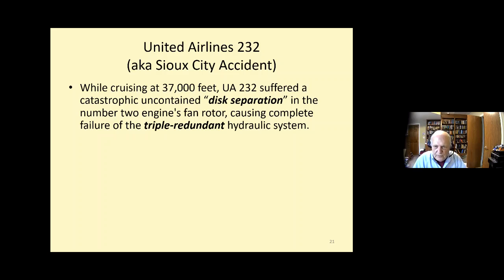What the pilots knew is that there had been an explosion in the tail engine of the DC-10, and they lost all hydraulic control. Now, the DC-10 was designed to have a triple redundant hydraulic system, meaning that there were 3 separate hydraulic systems. If one hose broke, the other 2 would be fine. And so the idea is with triple redundancy, you would never have a failure of the hydraulic system. Unfortunately,